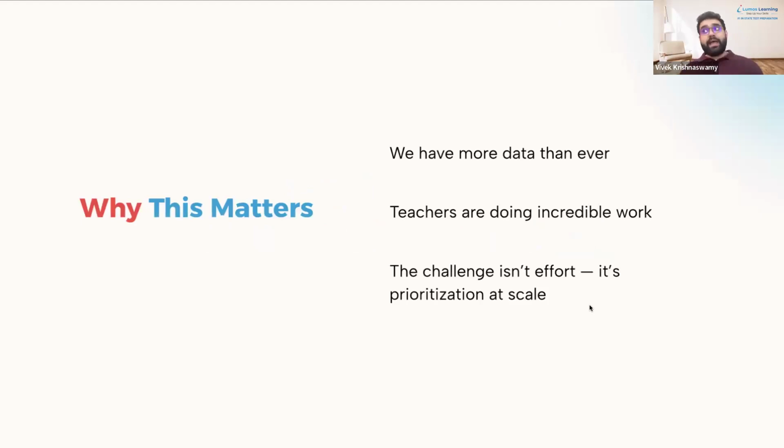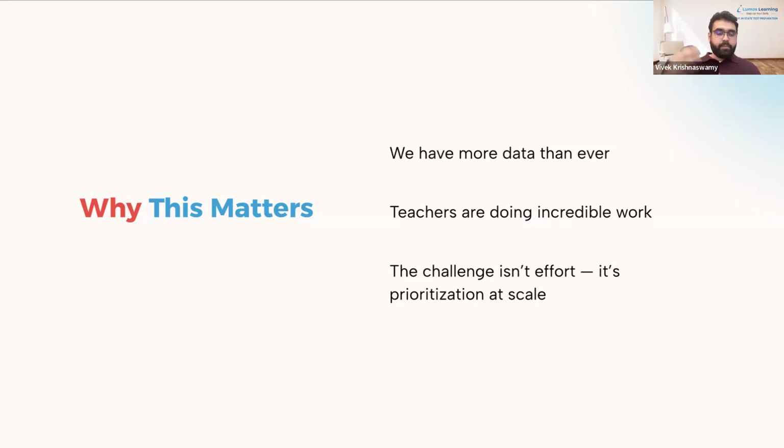In terms of why it matters, I'm sure everybody's feeling this. We're getting data from 1,000 different places. As technology grows, as we implement more technology in our schools, there's a lot of overwhelm in terms of where we're pulling data from. At the end of the day, it's difficult to prioritize what we want to work on. So how do we figure out which standards we want to identify, and then how do we actually do something about it at scale?